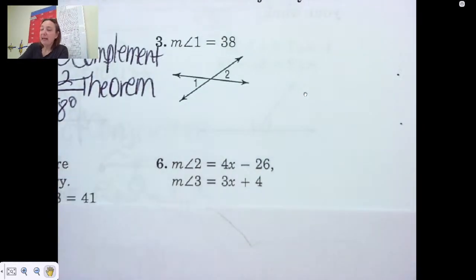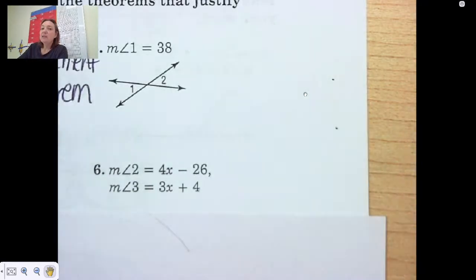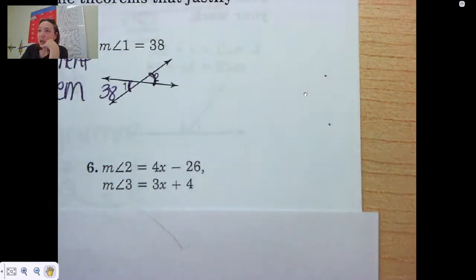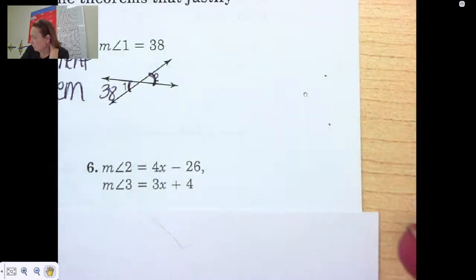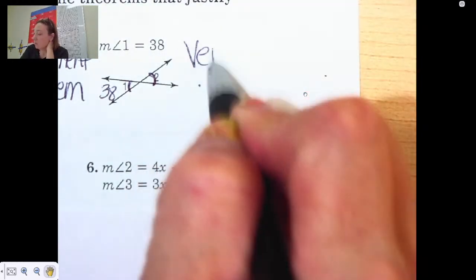So number 3 I didn't actually talk to you about because I think you're just going to remember this, okay? Tell me what you know. Okay, 1 and 2 are congruent angles, aren't they? How do we know that 1 and 2 are congruent angles? What kind of angles are they? They are vertical angles. So our reason for this is called vertical